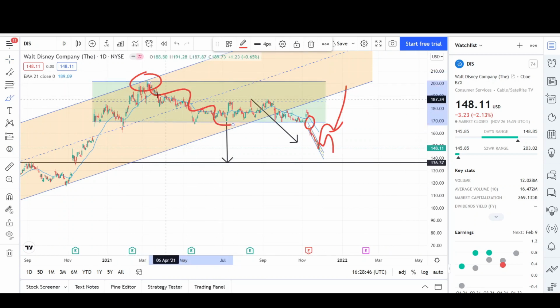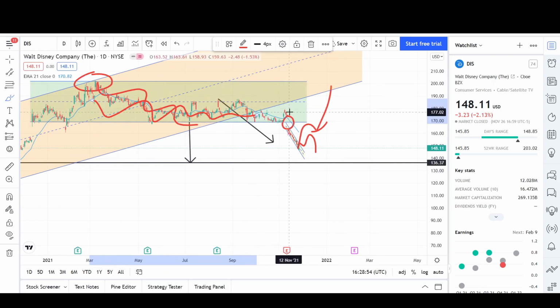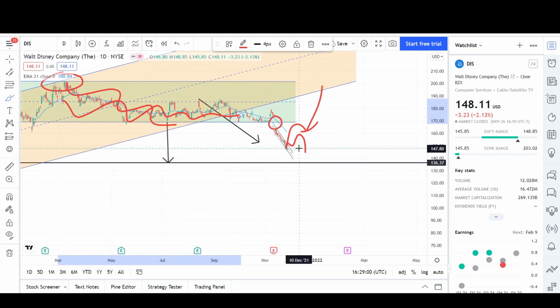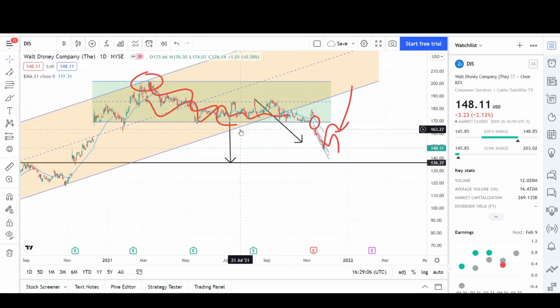So the way it did it this time is that it slowly grinded sideways to the lower side of the channel. And now the buyers were waiting for that move up. However, it looks like they trapped out the buyers and trapped in the sellers, and now we might get possibly a short squeeze or a V bottom reversal to go back all the way up to the highs and retest it,